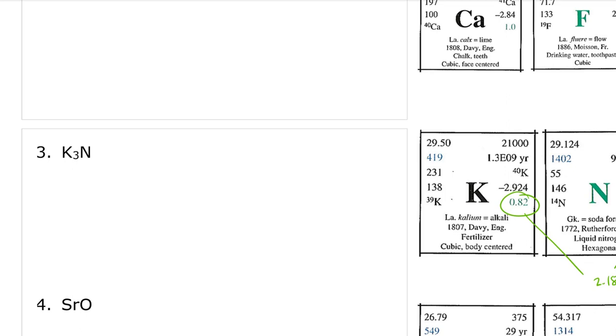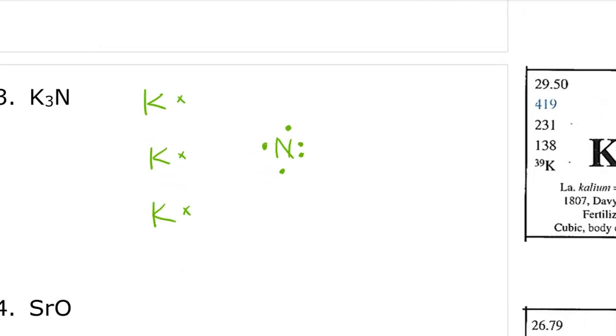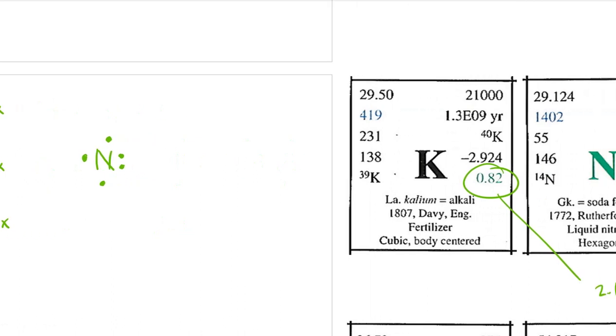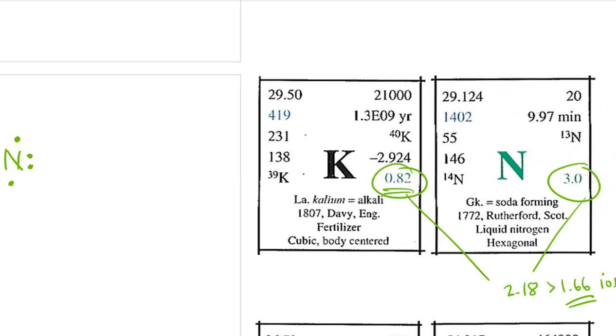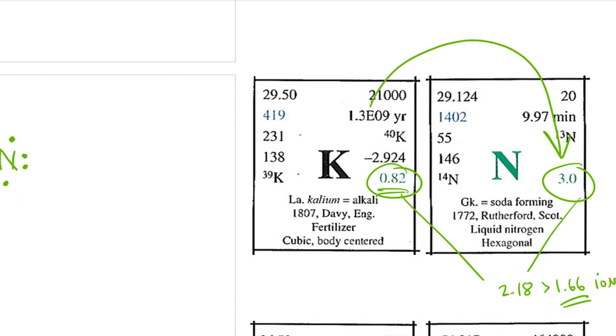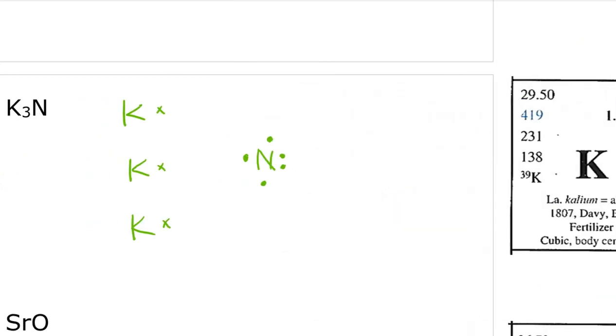We're going to have 3 Ks, so that's a potassium, a potassium, and a potassium, and we're going to have 1 nitrogen. We're going to give them their valence electrons. Potassium gets just 1 per potassium. Nitrogen gets 5. Okay. And then we're going to move electrons from the lower electronegativity, which is potassium here at 0.82, to the higher electronegativity. So our electrons are going to follow the route from potassium to nitrogen because this is a stronger pull on electrons in this bond. So potassium's electrons are going to be easily removed because nitrogen is so much stronger in terms of its